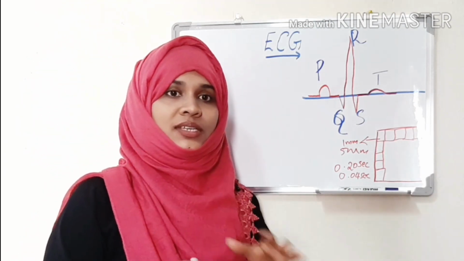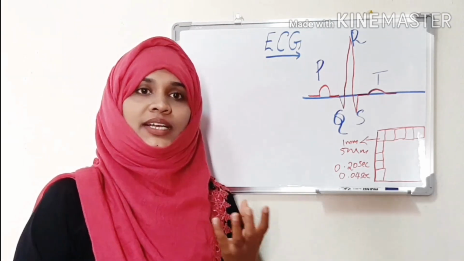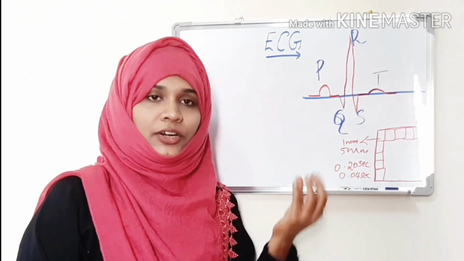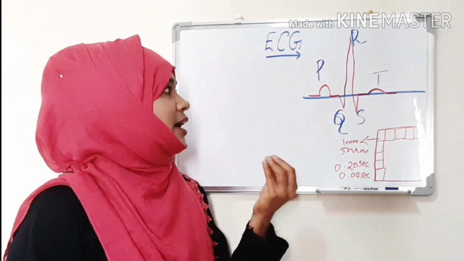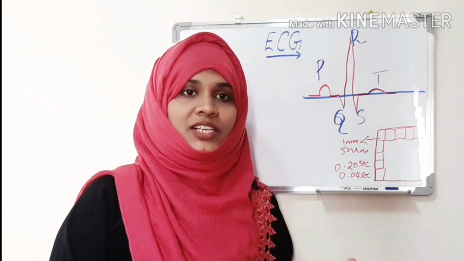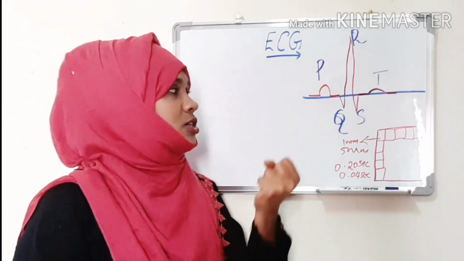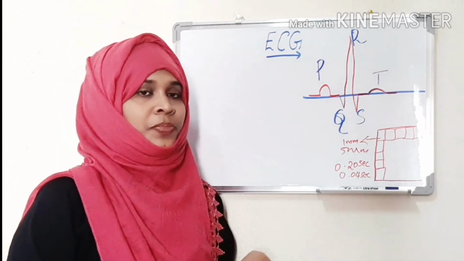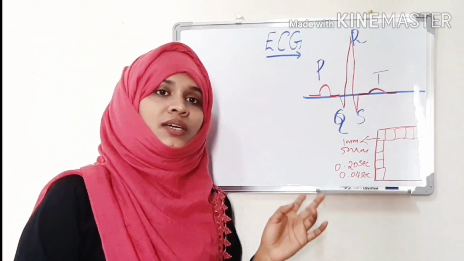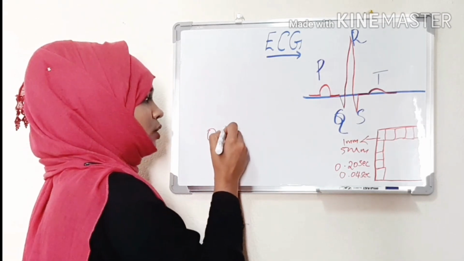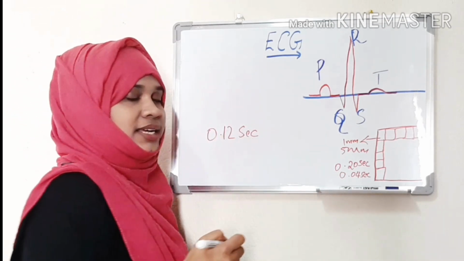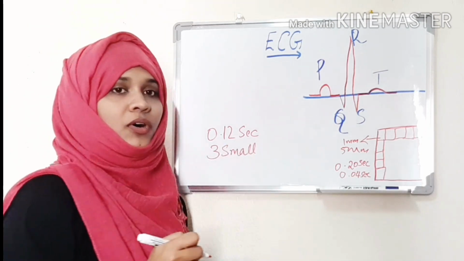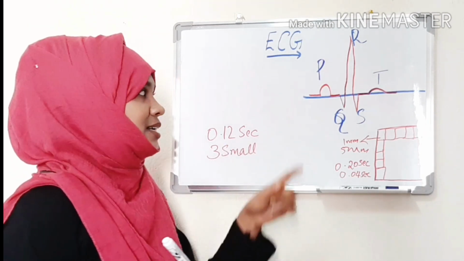Okay, you know, in resting potential, inside cells are always negatively charged. During the contraction, there is influx and outflux of electrolytes. We will be learning in other classes, and that's why they are electrically charged and they have activities. So the contraction of both atria represents P wave in ECG. And the duration for the P wave is 0.12 seconds, and it represents 3 small squares, or it will be normally 3 small squares in ECG. So that is P wave.